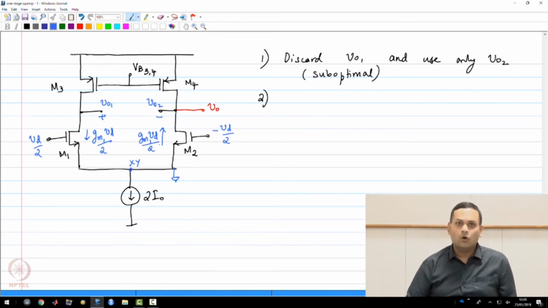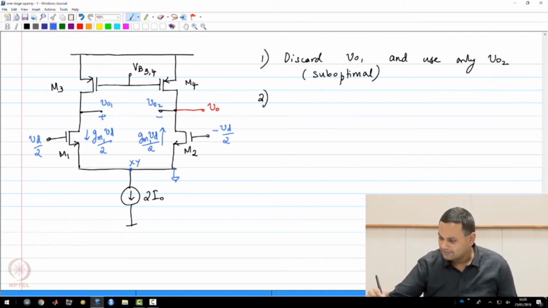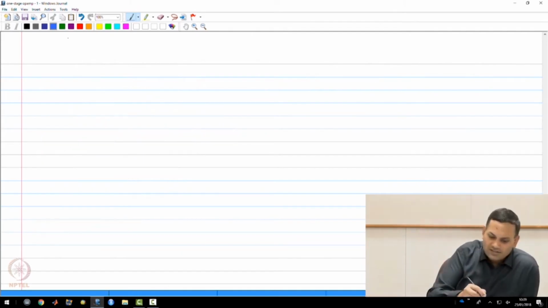Now where does this current flow? Clearly this current needs to flow through some path. As I have drawn it, the circuit does not give us any insight as to where the current flows. If we draw the small signal equivalent circuit, you will get a better picture. So we are going to do that next. So if I draw the small signal equivalent for this circuit,